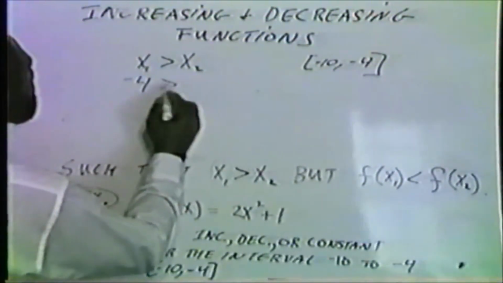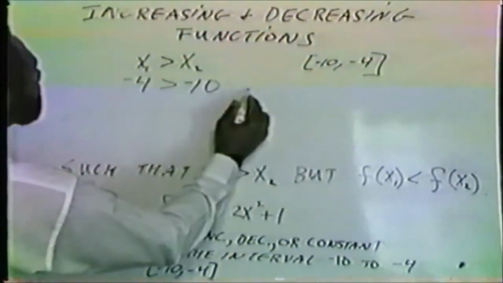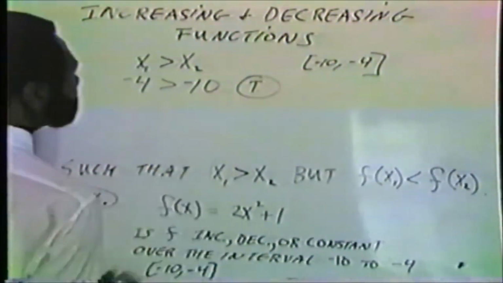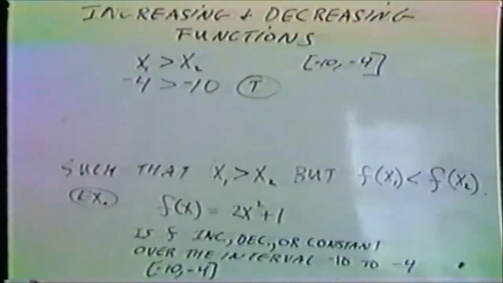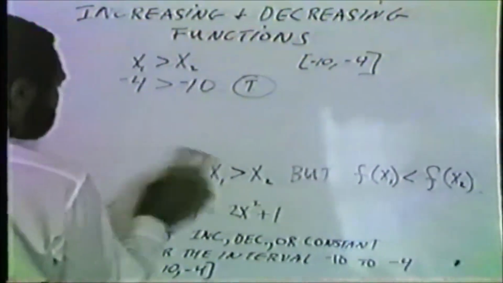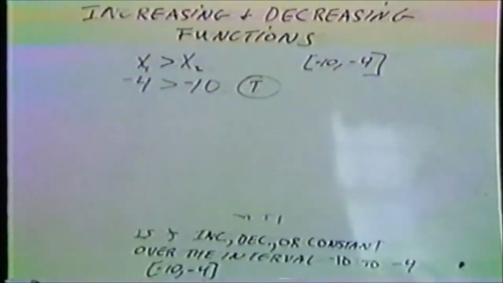Negative 4 is greater than negative 10. And that is true. Now, to decide whether the function is increasing or decreasing over that interval using algebra, now we